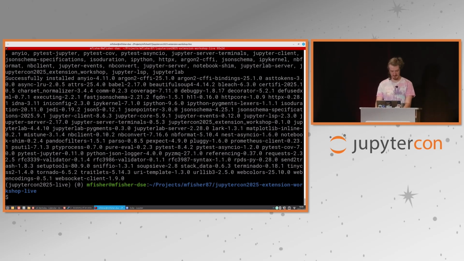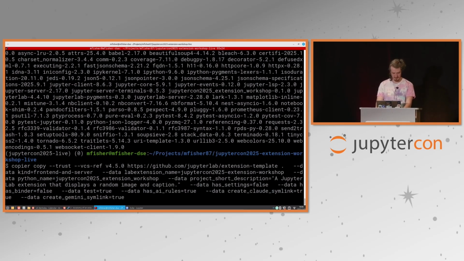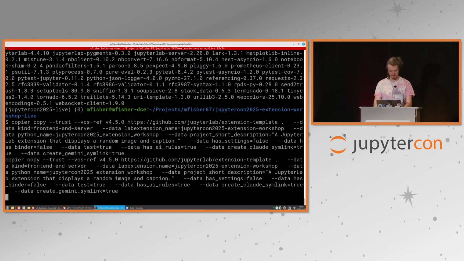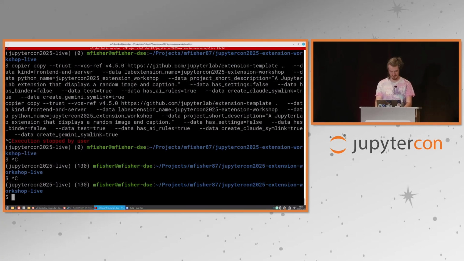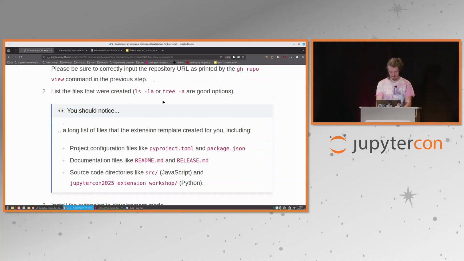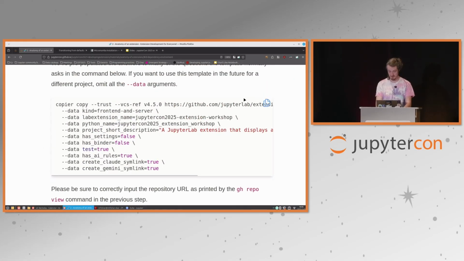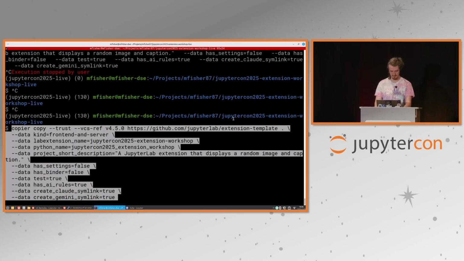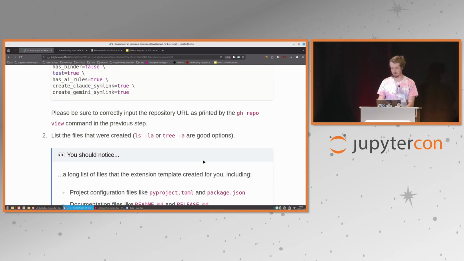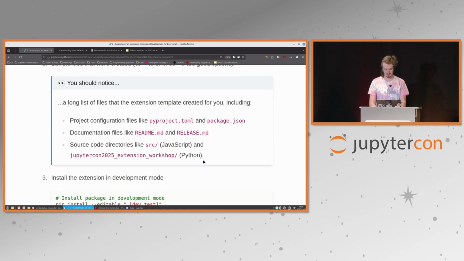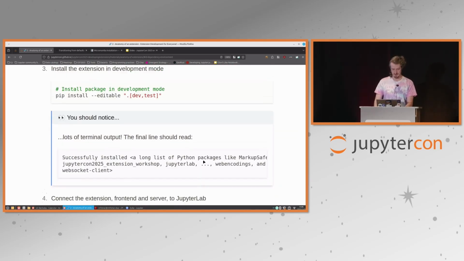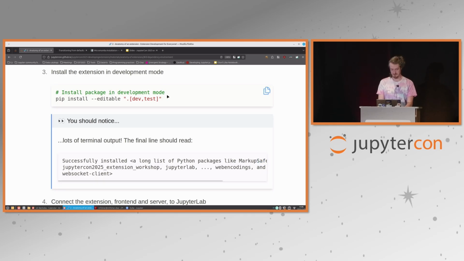Okay, my install is done, and somebody just mentioned that I pasted this giant command. Oh, that's not useful. You may not have seen the whole thing, but you do want to copy and paste this. I don't want you typing it, but it should look something like this. We have a few people still catching up, but we're going to get going, and we'll continue to help you, don't worry. Okay, so once you've done this editable install step, you should see lots of terminal output, and